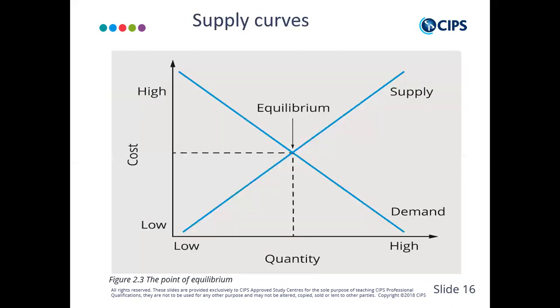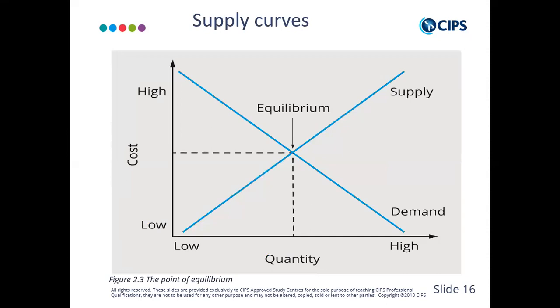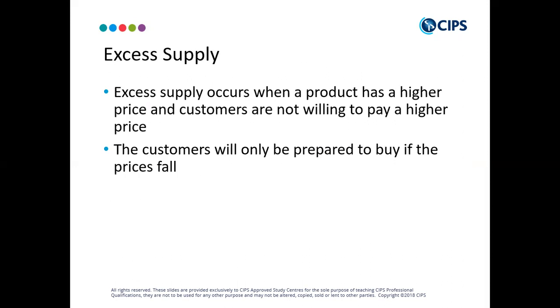But equilibrium is this point. I don't want to talk so much about the worded part. I want us to look at the graphs and actually understand. Equilibrium is a middle ground where demand and supply meet. If the market is willing to supply as much as the demand is asking for, then we are at a state of equilibrium, right?